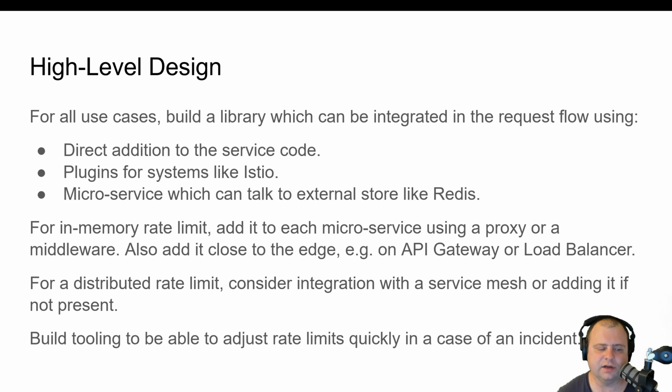And then one more important consideration: you need to have tooling to adjust rate limits quickly in case of some incident. For example, some floodgates opened, a cache expired, and now one service spams another service. Or there is some external DDoS attack. You need to adjust rate limits. Suppose you figured out which endpoints need to be rate limited and have some numbers in mind, but you need to be able to apply them really quickly. Usually a config management system takes care of this.